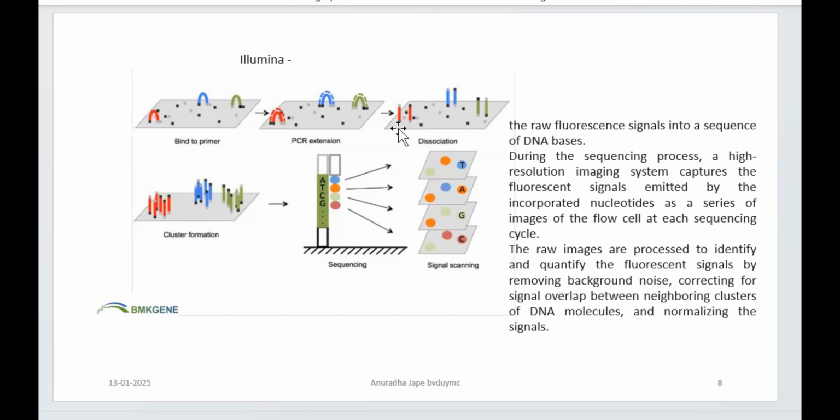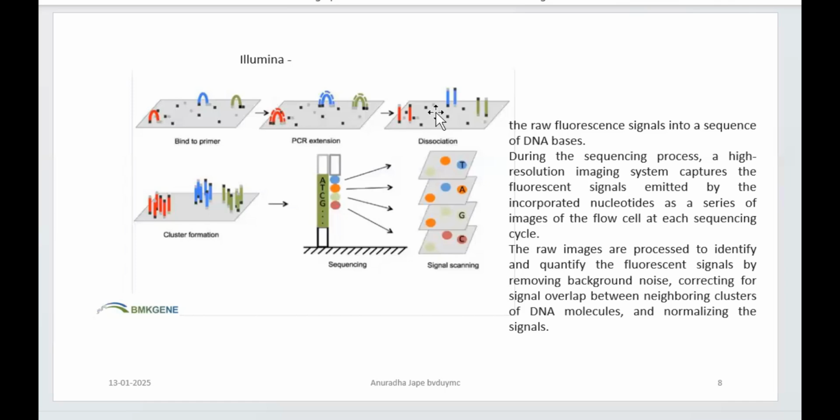As the fluorescently labeled nucleotide gets incorporated, the chain is going to get terminated, and its emission, the fluorescence signal, is captured and recorded by imaging. Once it is imaged, you are going to cut down that label by enzyme action, and you are going to allow the chain to extend, and again the process will be repeated, right?